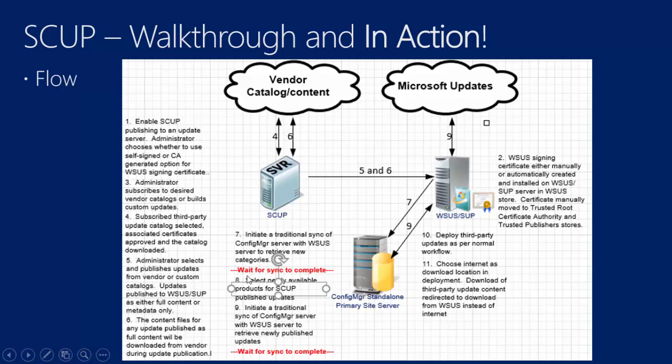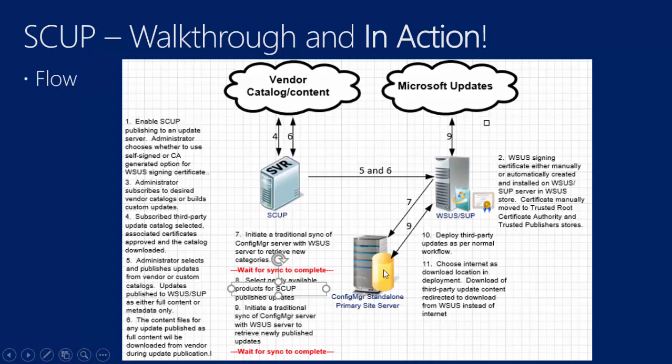And then it looks like I caught this in the editing process. Either way, I did fix number 8. I said products here instead of categories. But step 8, once we've synchronized, once we have the new products in, then select the newly available products for SCUP published updates. And then 9, initiate another traditional sync that's going to pull the updates over from WSUS to